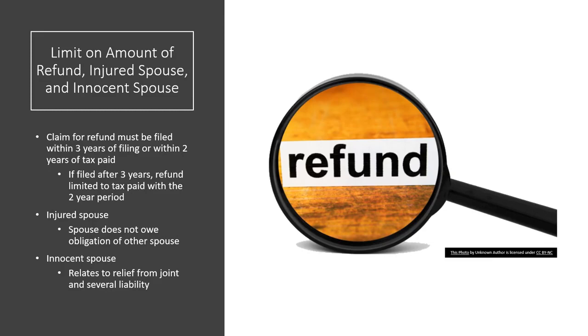When a joint return is filed and the refund is used to pay one spouse's past due child support, spousal support, or a federal debt, the other spouse can be considered an injured spouse. An injured spouse can get a refund for his or her share of the overpayment that would otherwise be used to pay the past due amount by filing Form 8379. Someone is considered an injured spouse if they are not legally obligated to pay the past due amount and